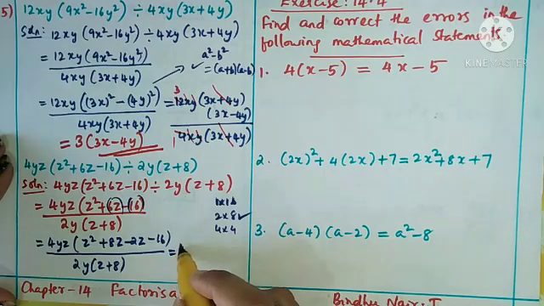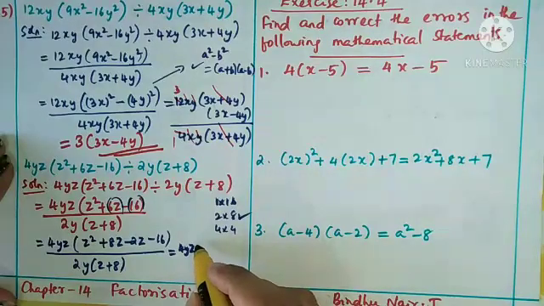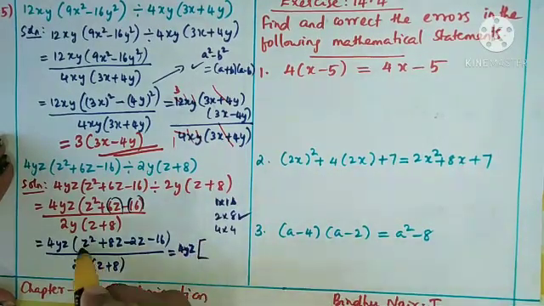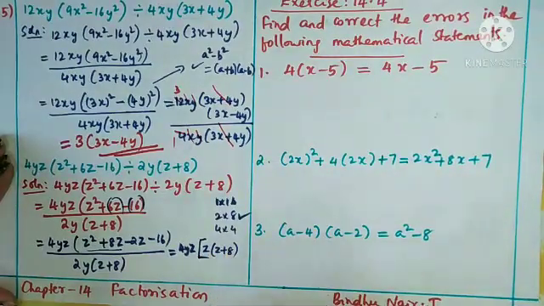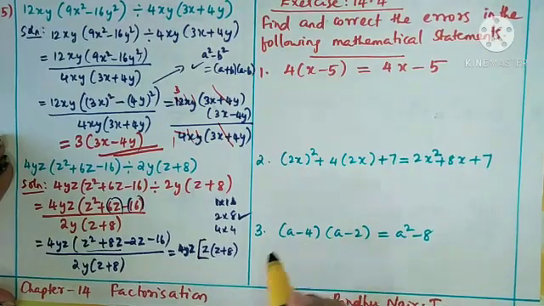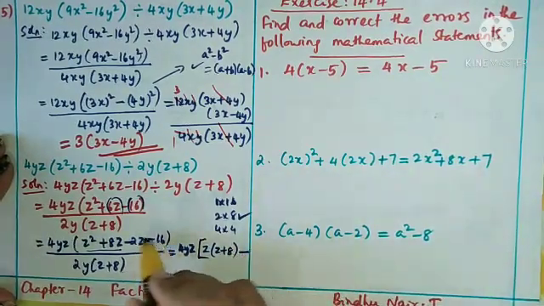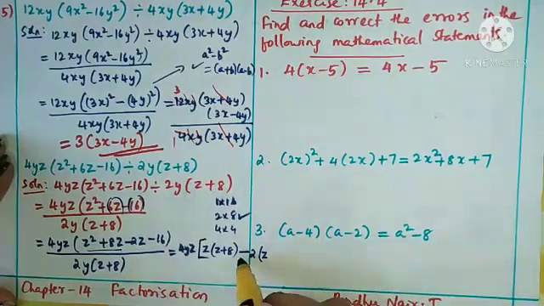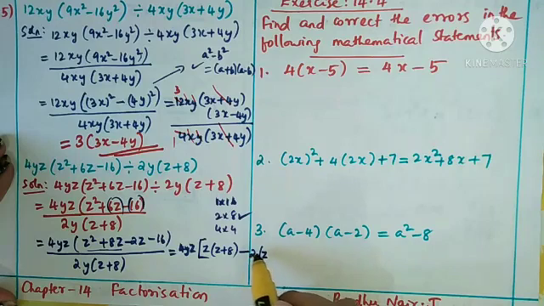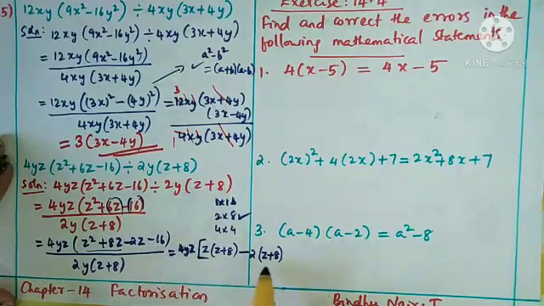So 4yz into, start the bracket, put one more square bracket. From these 2 terms you can take a z outside, and z plus 8 is the bracket remaining. Then minus, from these 2 you can take a 2 outside, so the balance is again minus 2z. Then minus 16 has to come, so here minus 2 into the remaining plus 8, that is minus 16. Close the bracket, divided by 2y into z plus 8.